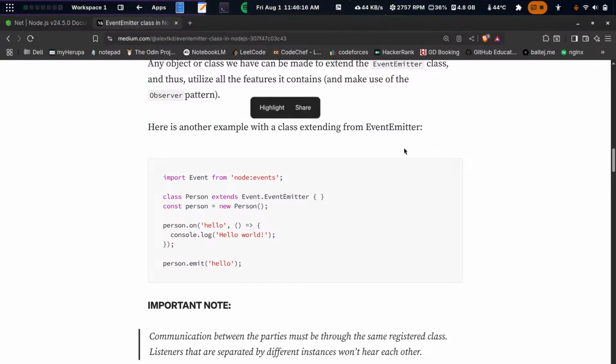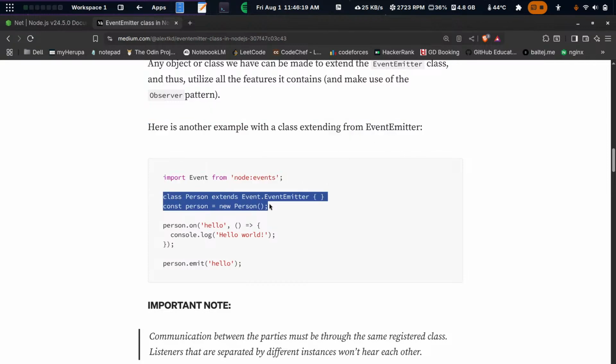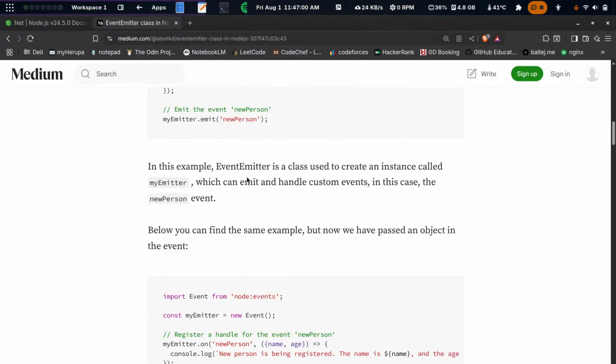Another example with a class extending from EventEmitter. Import EventEmitter from node events, class Person extends EventEmitter, const person = new Person. Okay. person.on hello. I did understand what this class does, but I still have not gained the confidence and the knowledge to actually implement it right now. Because still, person.on hello, what is hello? They actually did mention it. What is hello? Hello is a